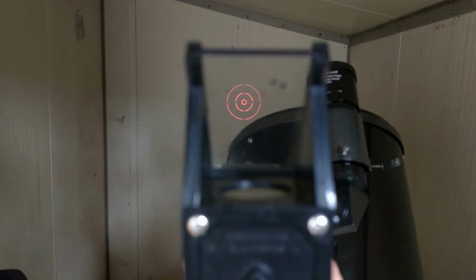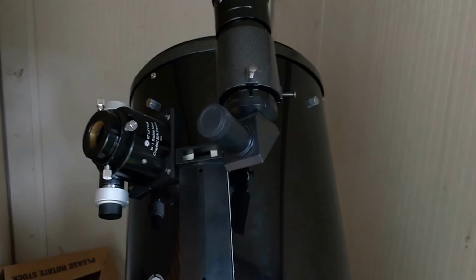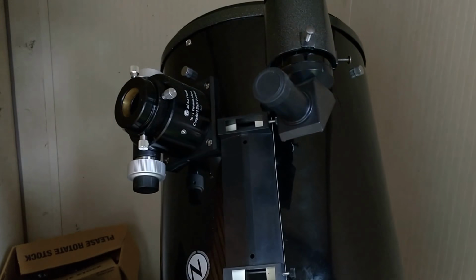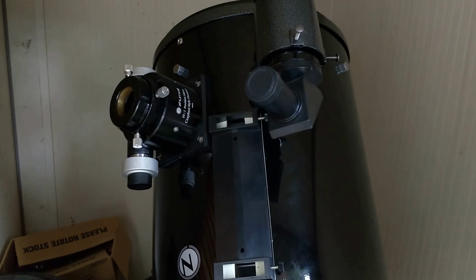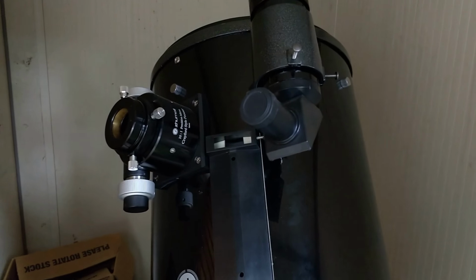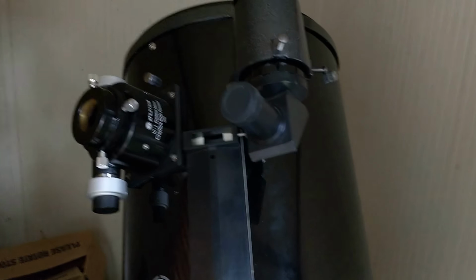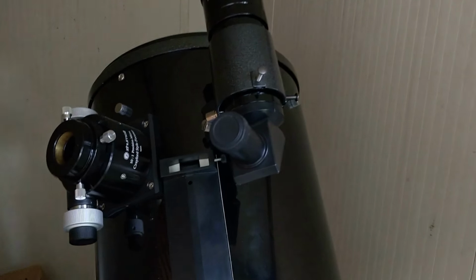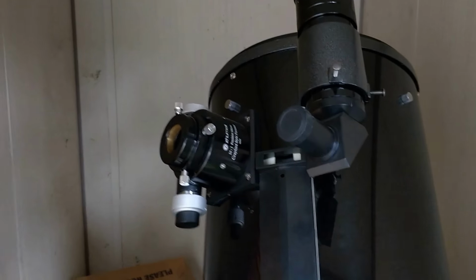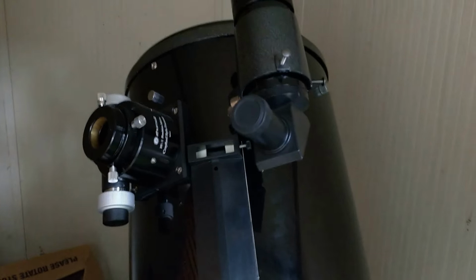helps, because if you know that you're star hopping with a right angle finder, you'll go find the first star and then find it in the finder, and then you'll be kind of blindly moving, looking for the second star without a wider view of the sky and without really knowing where your telescope's pointing with respect to the sky. So you're kind of blindly going. Eventually you find a star, and then you wonder, is this the second star that I'm supposed to hop to? Or is it something else that I didn't realize was there because I couldn't see it, or I'm in totally the wrong place? And then even if it is the right star, then you're blindly moving on again to the final target. Whereas